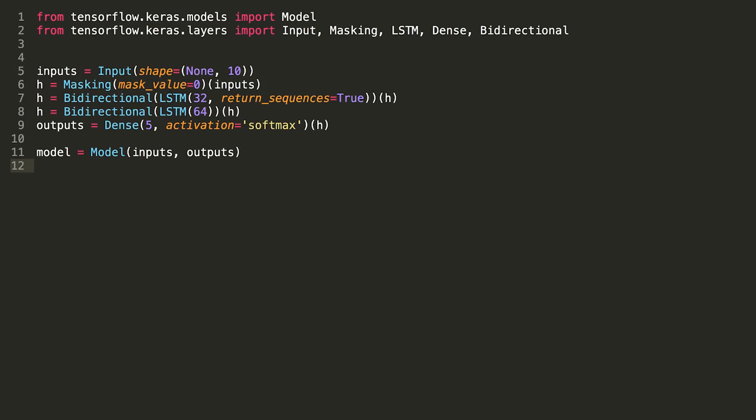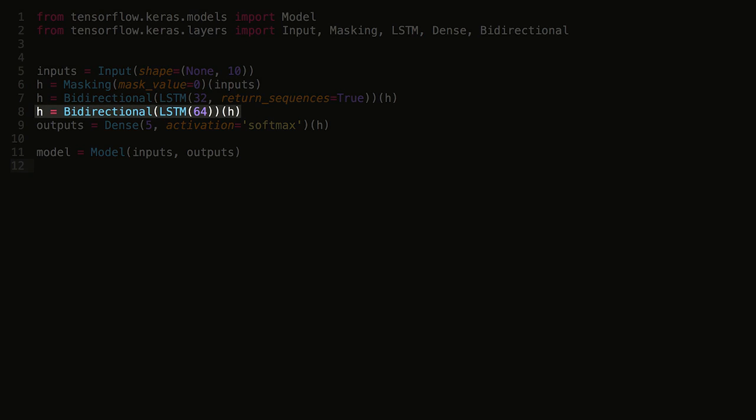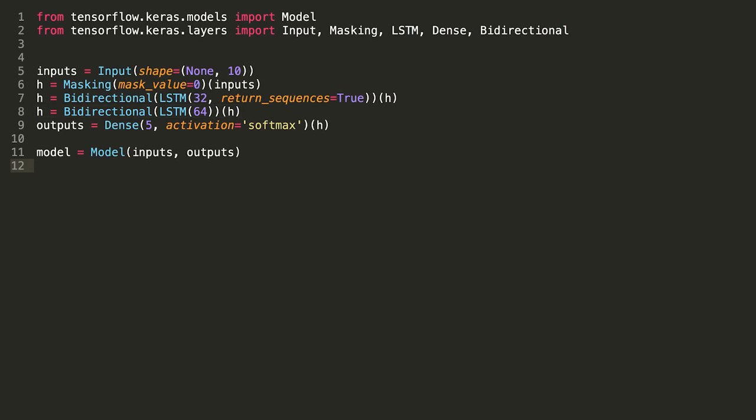However, we can also use the bidirectional wrapper on recurrent layers that have return_sequences set to false. That's what we have here in the second recurrent layer, since return_sequences is false by default. Remember that with return_sequences set to false, the output of the layer is the output at the final time step. But because this is now a bidirectional layer, we effectively have two LSTM networks, one running in forwards time and one in backwards time. So the output will be a combination of the final outputs from each of those recurrent